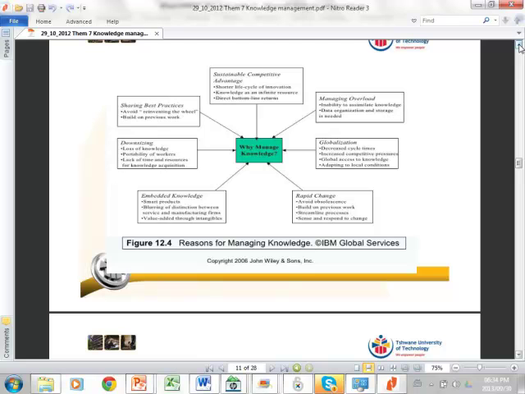So we can have a shorter life cycle of innovation, knowledge as an infinite resource, direct bottom line returns. Because remember, with any of these wishy-washy concepts like knowledge management, we cannot sell it in the organization if we cannot show the bottom line returns that we're going to get. Then it is also a way to manage overload. How many of you read every single email that comes into your inbox every day? How many emails do you get every day?